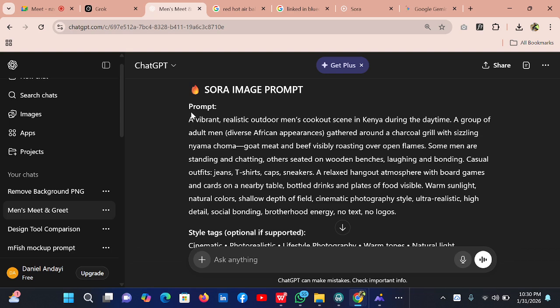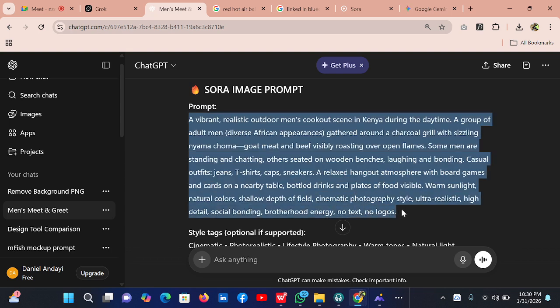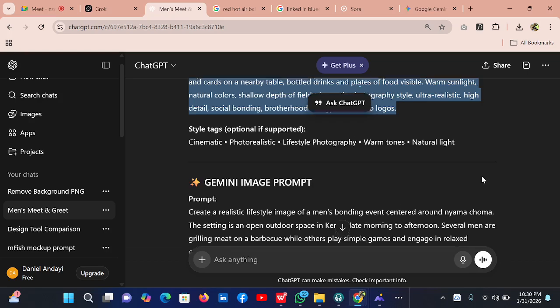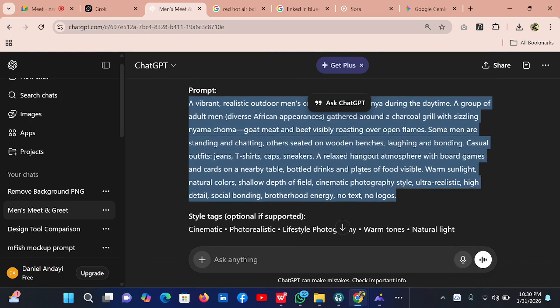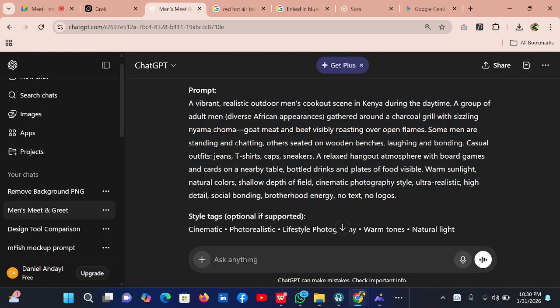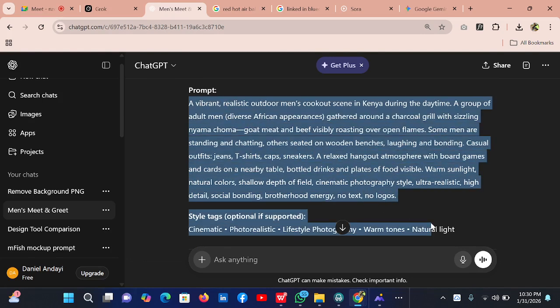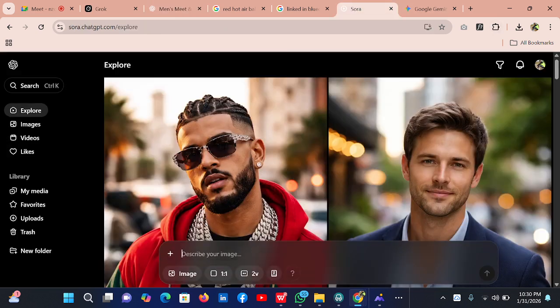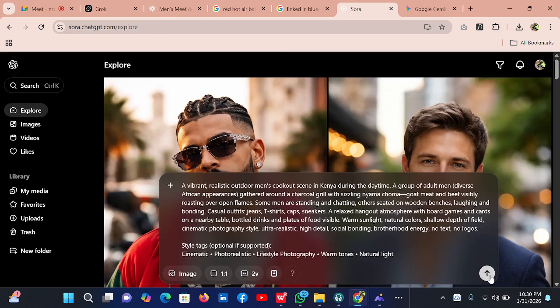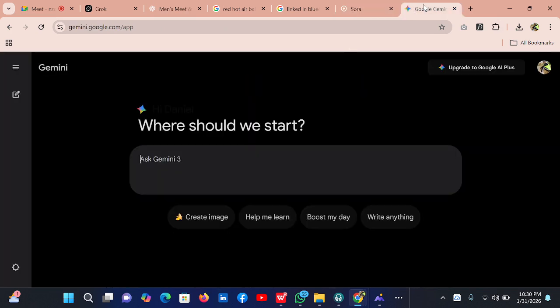Nice one. I love ChatGPT. Let me add your prompt. Copy and place it on Sora. Paste. And then let's come to Gemini.